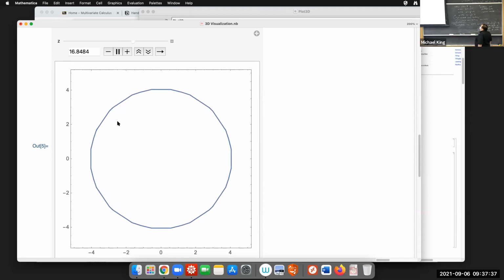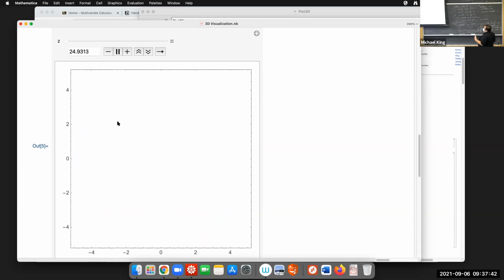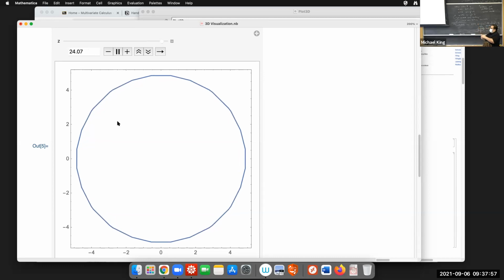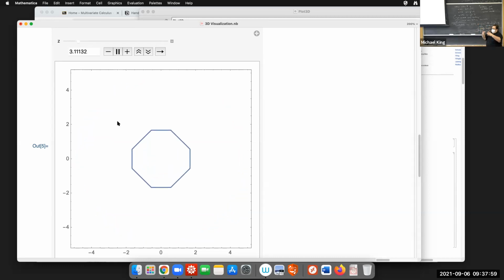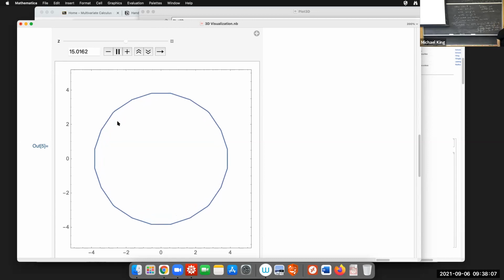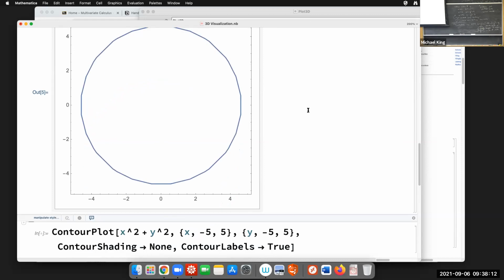So that's at different heights, and we just get this sort of expanding circle. There are interesting things even to say here qualitatively, like the circle expands quickly at first and then slows down, right? It's getting higher faster, but its radius is expanding slower, which you may have to think about, but I think it does correspond to more of a bowl shape. And then you can actually do what's called a contour plot,